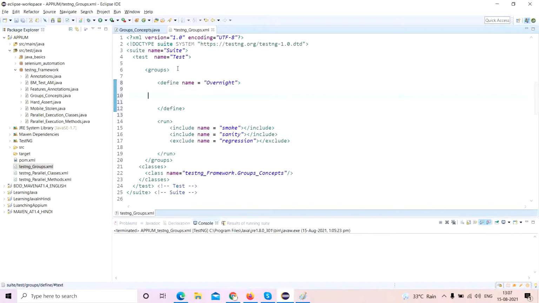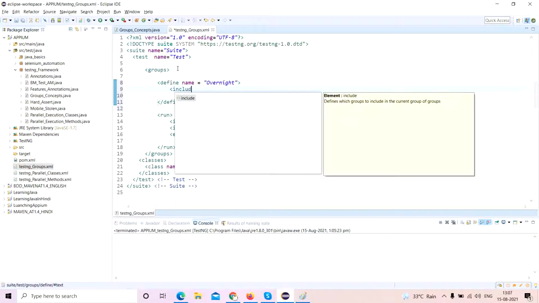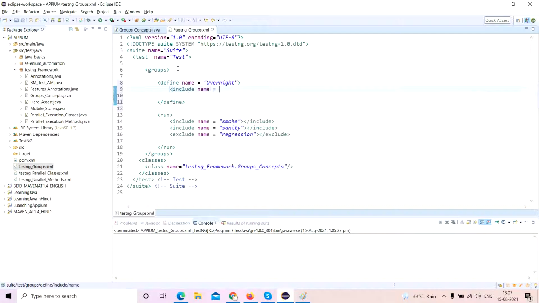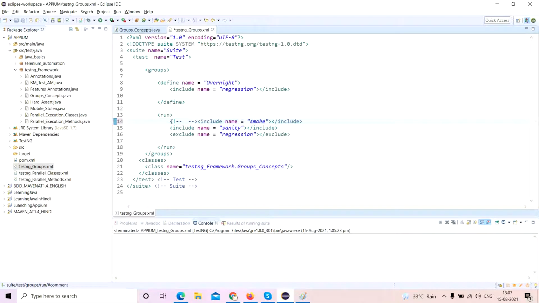You want only your regression test cases to get executed. So you'll write regression here, and that's it. You don't want your sanity and smoke to be executed at an overnight level. You will keep it like this. So now you don't want to include anything. Okay, so what you will do here, I'll comment this particular part.